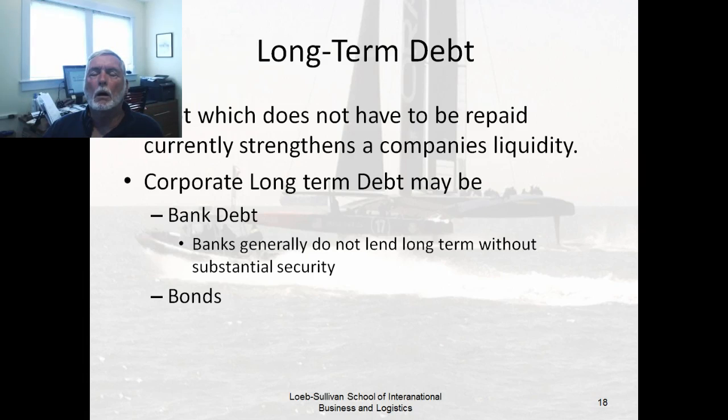Bonds are securities, like stocks, that are issued directly by a corporation or sold directly by a corporation to someone who wants to lend money to that corporation. So there is no middleman. The bank isn't there as a middleman. So generally bond borrowing is more economic both for the lender and the borrower because there's no middleman taking a cut. So when a company borrows by issuing bonds, they're borrowing directly from the lender.